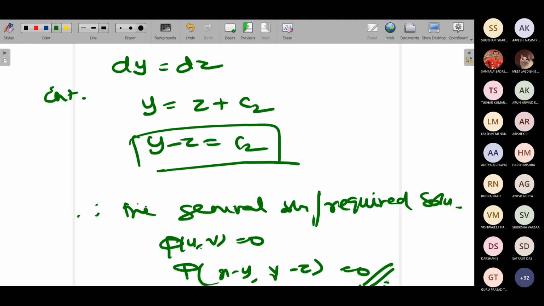Okay, we can take down one more problem. Hello, ma'am. Tell me. So phi of x comma x minus y comma y minus z, what does this exactly denote? What does it exactly denote means we are solving here linear PDEs. Ultimately, what we are trying to find are the solutions of the PDE.